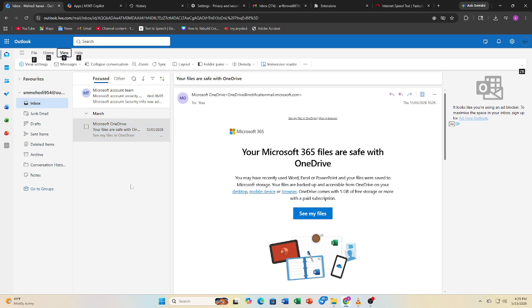Hey everyone, in this tutorial, I'll show you how to fix Hotmail sync issues on Android in 2026. So if your emails are not updating, not sending, or stuck in sync, this guide will help you fix everything